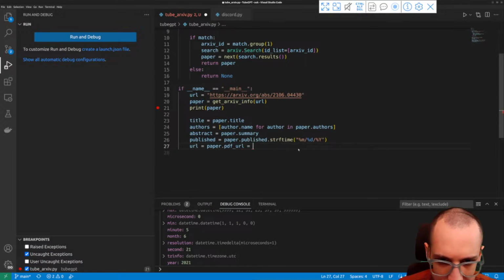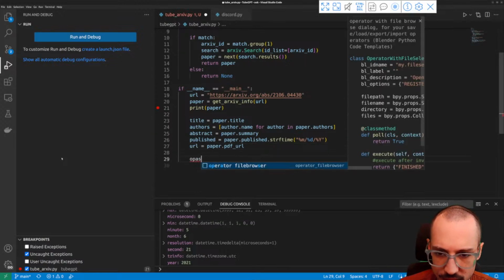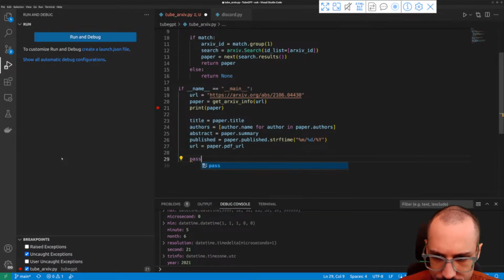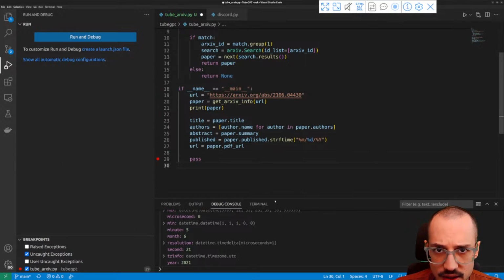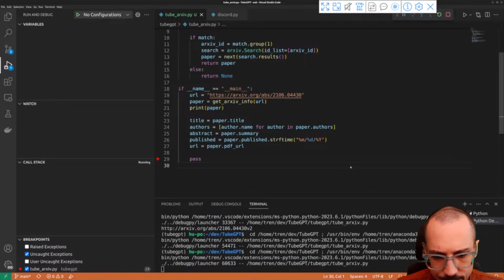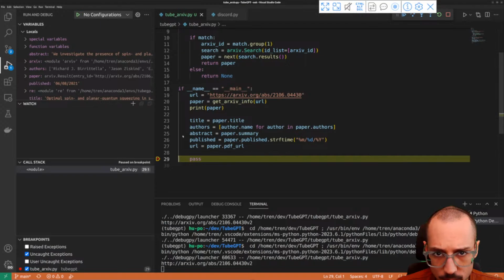And I think this PDF URL is fine. So let's put a breakpoint here. And let's test this out again. I'm going to save. We're going to run it. All right, what do we got for title? We got